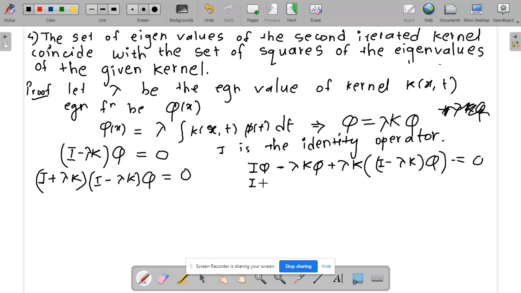Now again if we expand this, I of phi minus lambda k phi plus lambda k